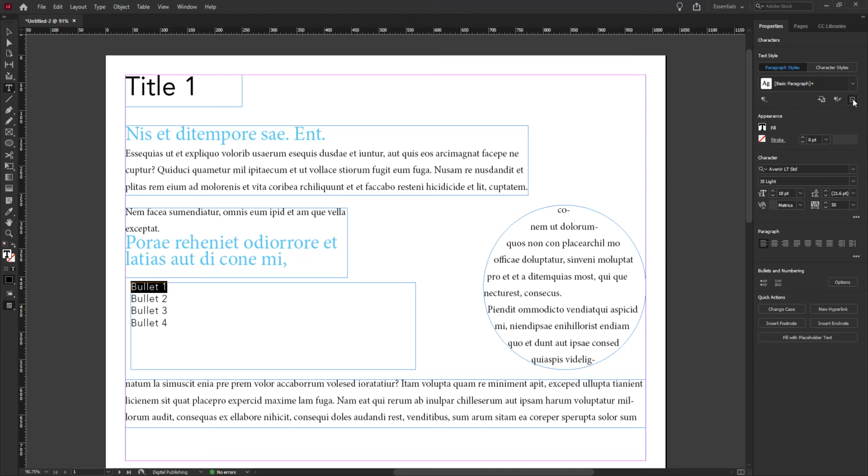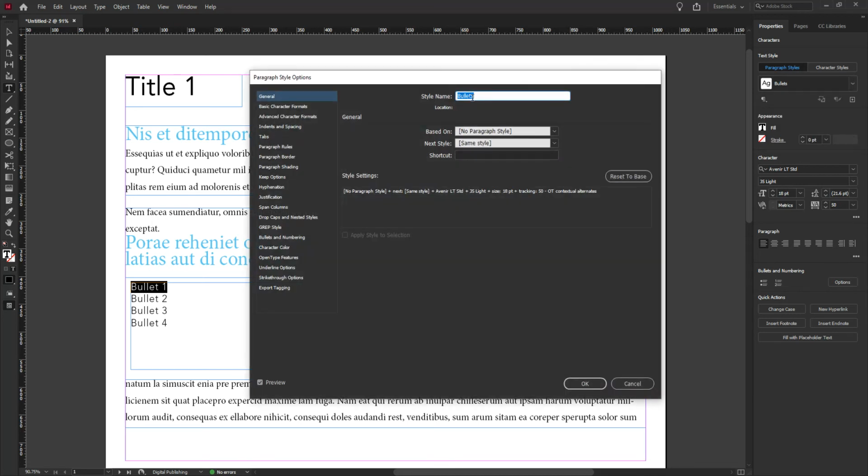And I'm going to create a new style, and I'm going to call it bullets. Whoops, if I could type today. Bullets. That's going to be my bullet points. And I'm going to hit return so that it takes, and then I'm going to edit it. So I'll click on the drop down to get access to the edit icon, and then I'll click on that edit. That will open up the window for the bullets